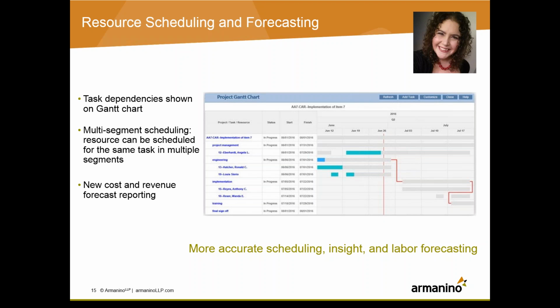And then the last update for resource scheduling and forecasting is there is a cost and revenue forecast reporting now. There are new reporting objects that have been added, and it allows you to gain sight into how much your planned and forecasted projects will make. There's a new ability to do calculation for hourly labor cost, as well as projected margin on your projects, which can be really helpful when you're trying to determine who you want to schedule on your projects if you're dealing with people with different rates.